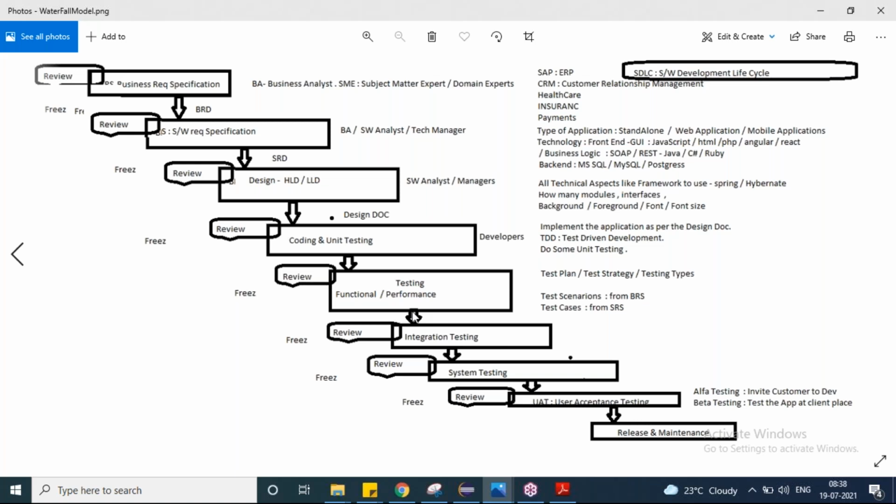There will be some techniques, guys. Code coverage can be calculated. There will be some tools called Sonar and all. That will be taken care of by the development team. If you have written code and I am reviewing your code, there is a tool called SonarQube. It will analyze and see how many unit test cases you have written and whether your code coverage is 100% or not, right?